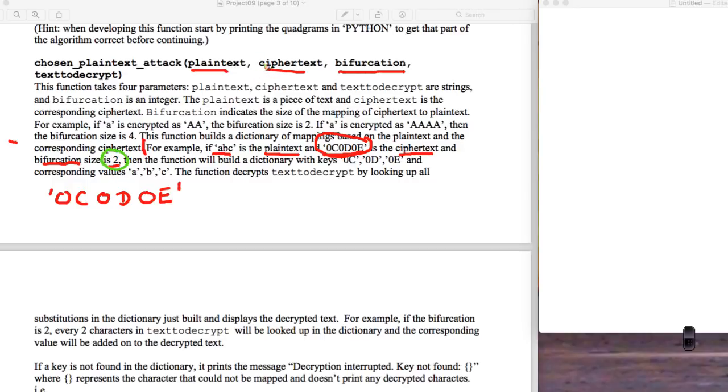So let me clarify this. I'm assuming my ciphertext is OCODOE. I'm assuming my plain text is ABC. And my bifurcation is 2, so that's a 2 for that value. That means I take my ciphertext and take the first 2 characters, and that now becomes a dictionary entry. OC